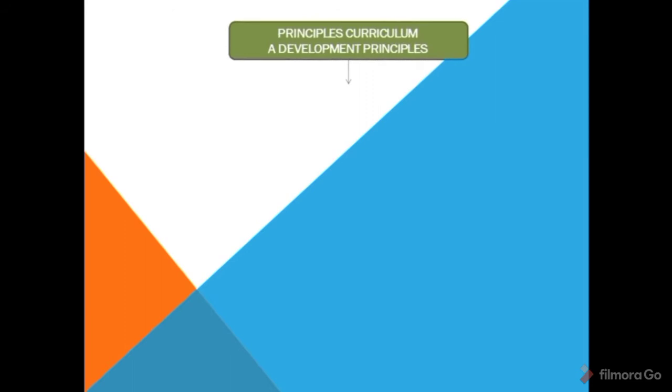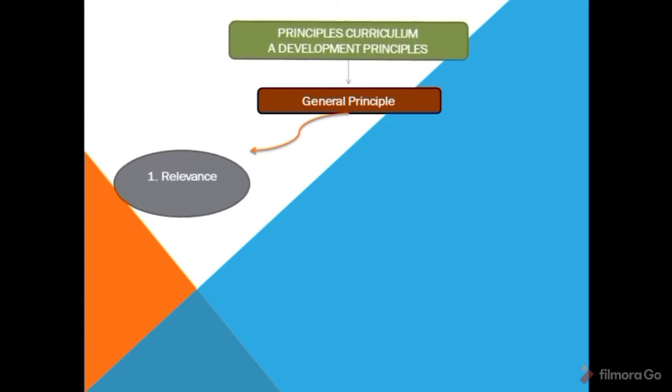First, principles of curriculum and development principles. Research, 2001, explains the general principles. Relevance. Relevance is the suitability and harmony of education with the demands of society, which can be seen from external and internal relevance. Winnerso 2015: there are two types of relevance that must be contained in the curriculum, namely the relevance of exit, where the objective, content and learning process